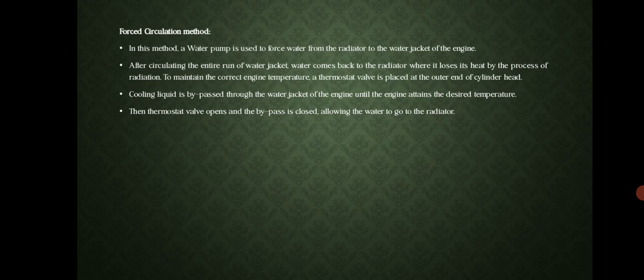Forced circulation method. In this method, a water pump is used to force water from the radiator to the water jacket of the engine. After circulating the entire run of the water jacket, water comes back to the radiator where it loses its heat by the process of radiation. To maintain the correct